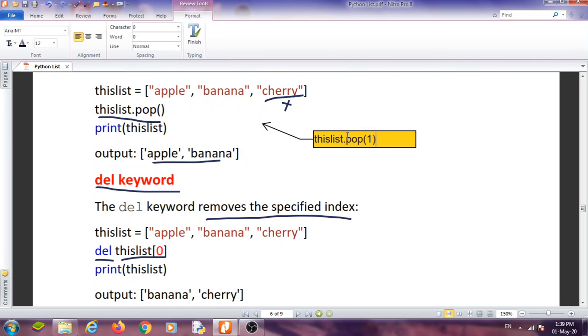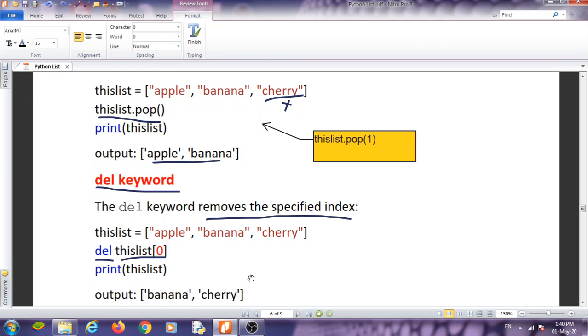What will happen if I run this? 1 is the index, for banana. In this case banana will be deleted, but if I do not pass 1, it will remove the last index element. The pop function can work both with an index and without an index, the remove function always works with an element, and the del function is used to delete any element as per the index.